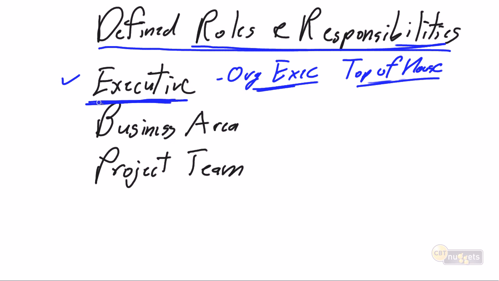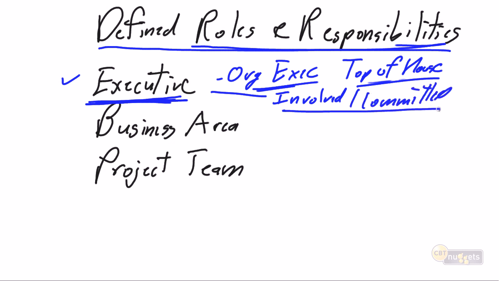The key role and responsibility that Prince2 defines for the executive is that we need them involved and we need them committed. Now, recognizing that they're executives, they're not going to have 40 hours a week, 52 weeks of the year to be dedicated to our project, but we do need them involved and committed so they can make decisions